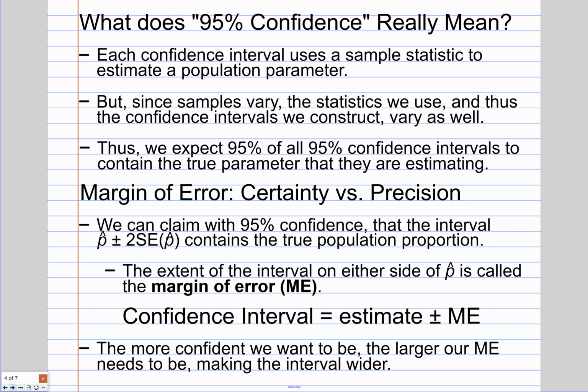Now, what this means, and this is where I want to make sure you're understanding what I'm talking about, is it's either in our interval or it's not. All right, so students incorrectly will interpret that percentage of confidence as a probability that it's in there. I'm going to say that again because it's important. Students will incorrectly interpret our level of confidence, so like 95%, as a probability. I don't want you to think of it as a probability. All right, what I want you to do is I want you to think of it